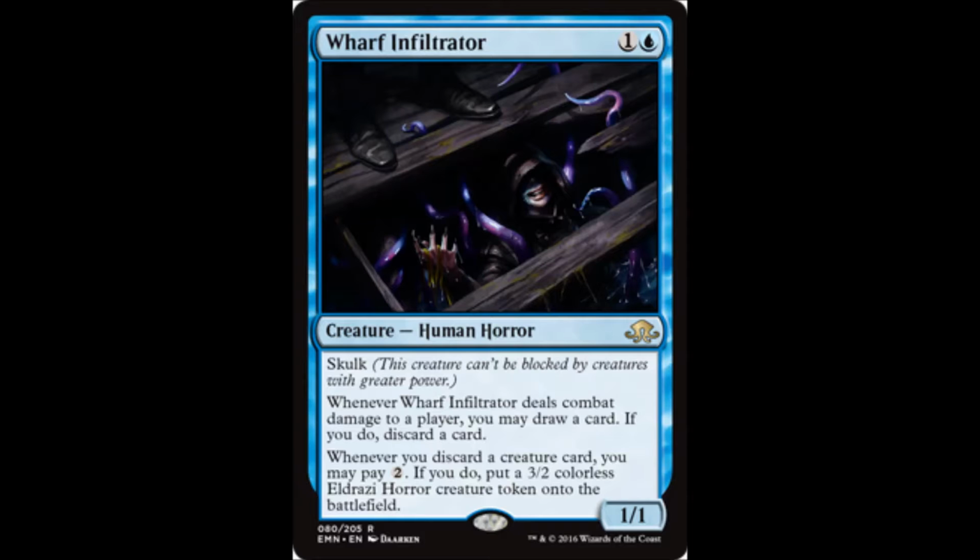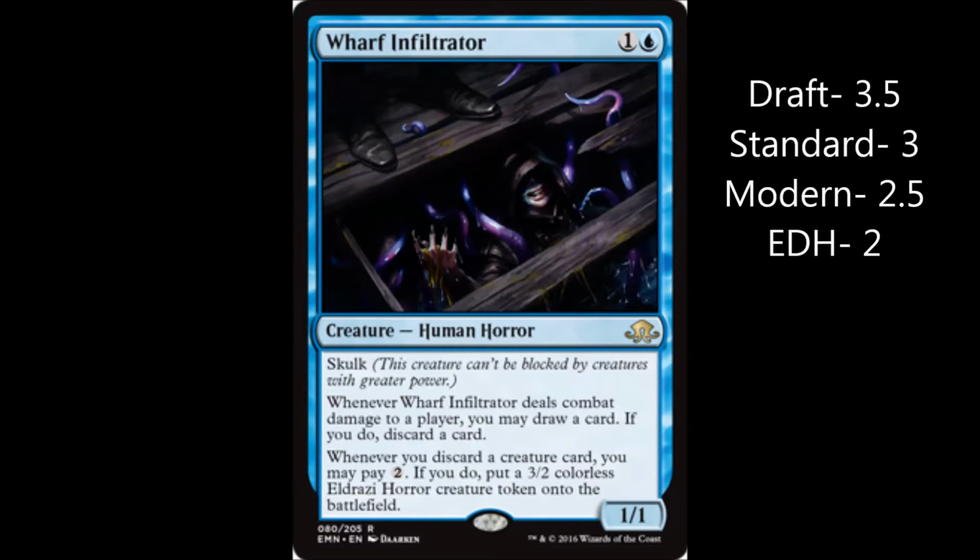But today on Draft, I'm going to give Wharf Infiltrator, let's go with a 3.5, because filtering your hand is pretty good, I think, and not many people would argue with that. It's one of those things where, like I just said, you keep drawing your lands late game, you want to be able to throw them away, and this definitely provides a way of doing it. And, well, the creature tokens are okay. I would never go and rely on them, but it's hard for me to find a reason to not like that. So 3.5, and you can throw away any garbage you get, and I think that's really helpful,